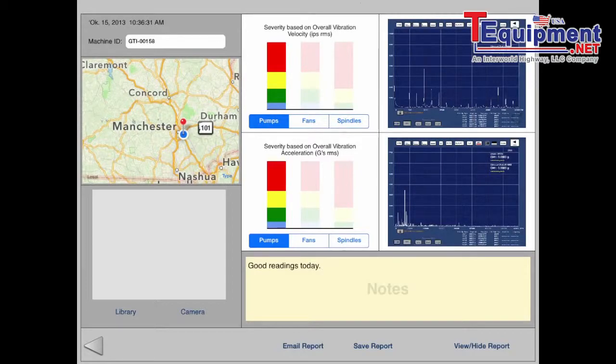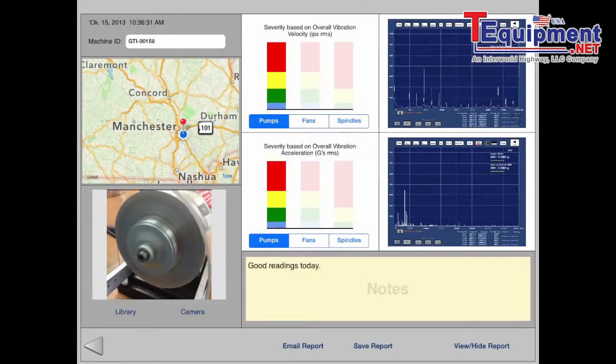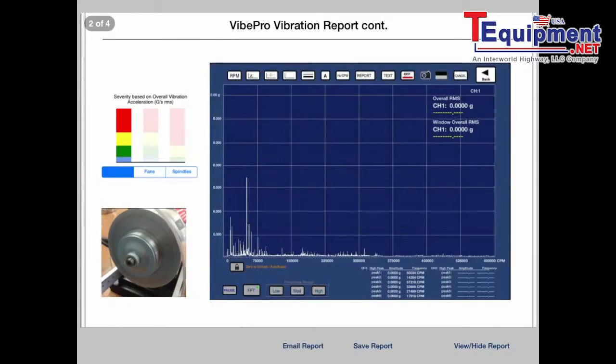You'll have a map which you can change to the regular view there. You'll have the ability to add an image there. That ability is turned off by default because it is memory intensive, but if you would like the camera, you can turn that on in settings.